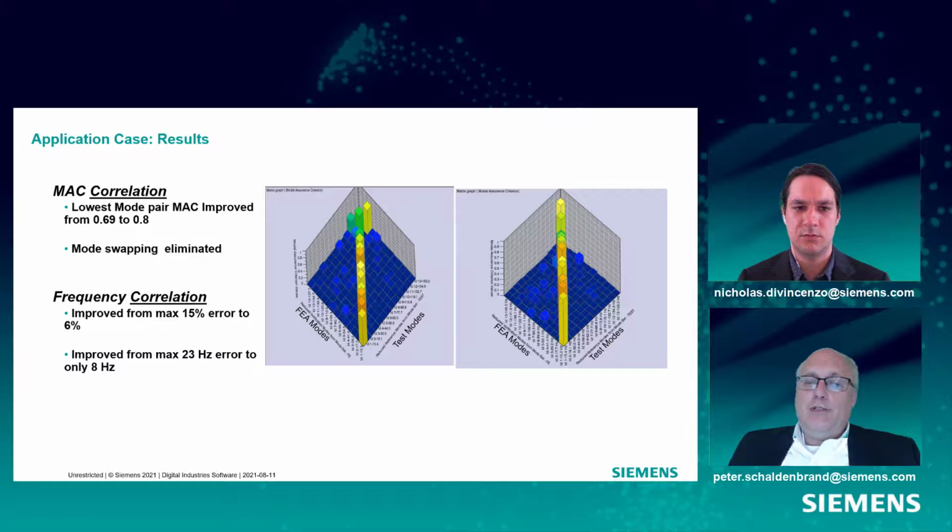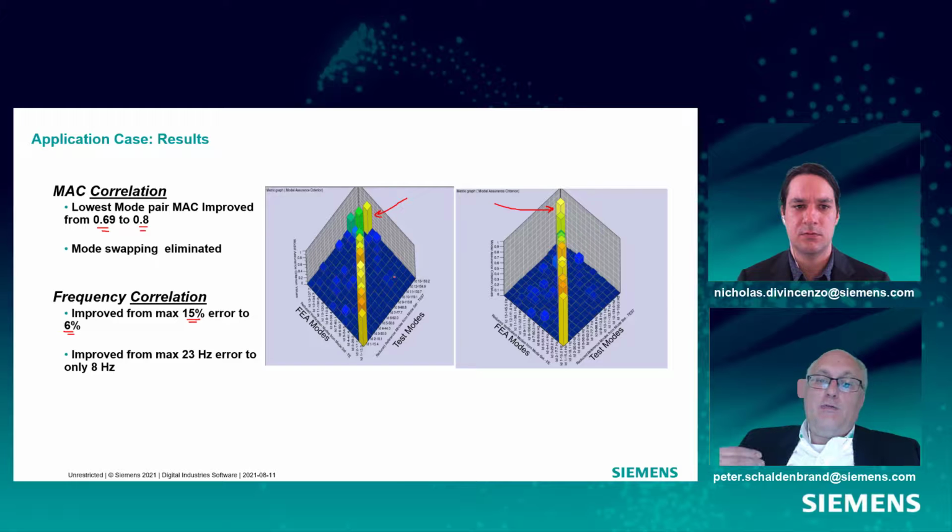And so by adding the weld, this is just by adding some weld elements at that end, this was before, this was after. What do you think, Nick? Did we improve this? Yeah, I think it looks a lot better, especially for those last several mode pairs at the end. Yeah, and that's pretty typical. You'll see overall improvement in general: the max frequency difference went from 15% to 6% off, and the lowest MAC went from 0.69. Now the lowest one is 0.8. So we've improved things.